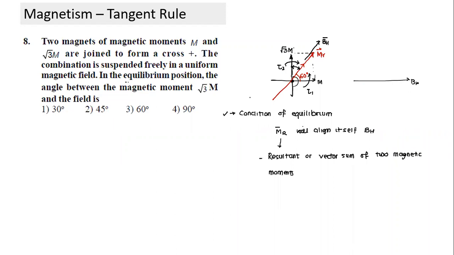Are you following what I've said? Yes, sir. In both cases torque will act, and unless we had tied them down securely, what will happen? If the joint where we have joined them with a wire is not tied properly or is not strong, both will tend to swing. If this is the BH field, this magnet also will rotate, and both magnets will become like this. Is that what you're referring to? Yes, sir.